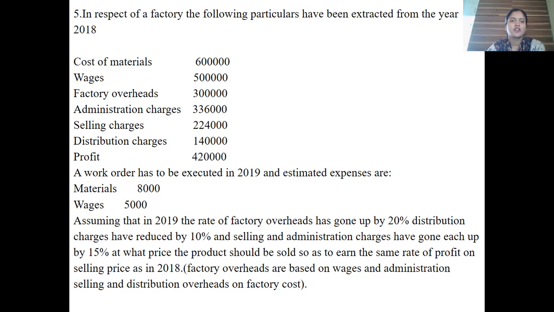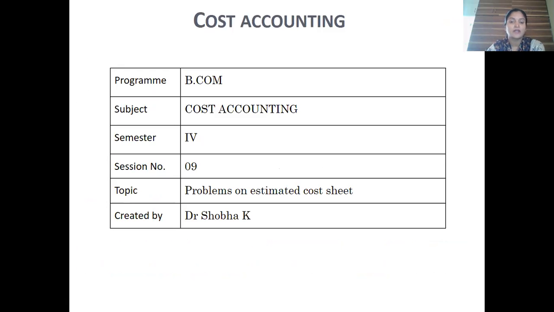For example, if at all you are going to a shop to manufacture two chairs, he is going to give an estimation for two chairs. The cost is around 10,000 rupees, and you will think about the cost, whether I can go for the manufacturing of two chairs or not. So that is nothing but before going for the manufacturing of the goods, let us know about what is the estimated cost sheet.